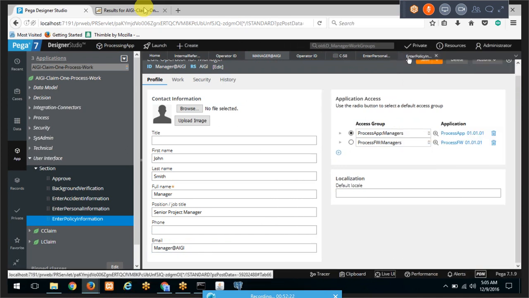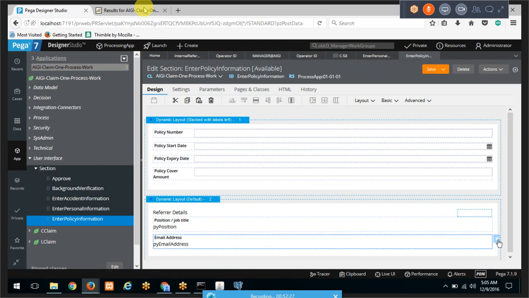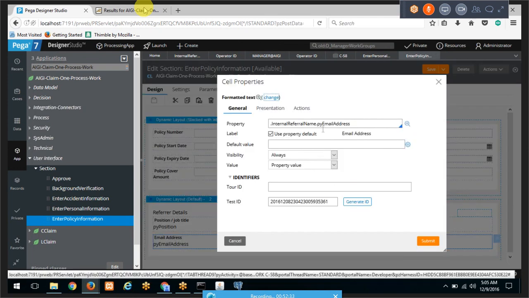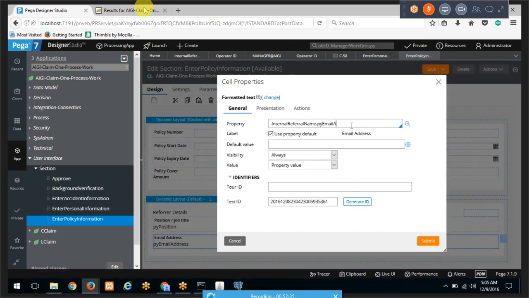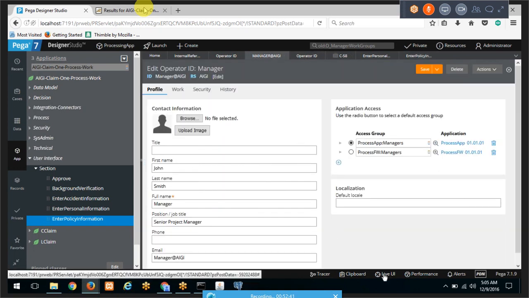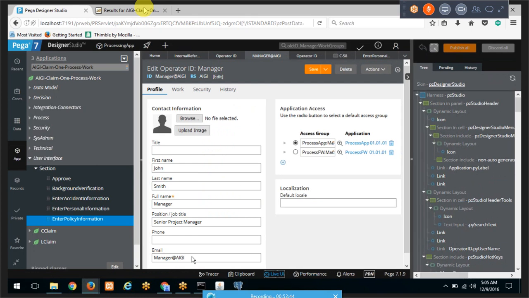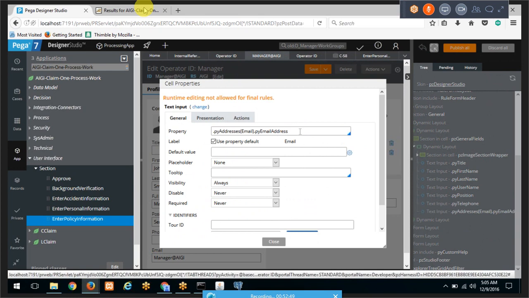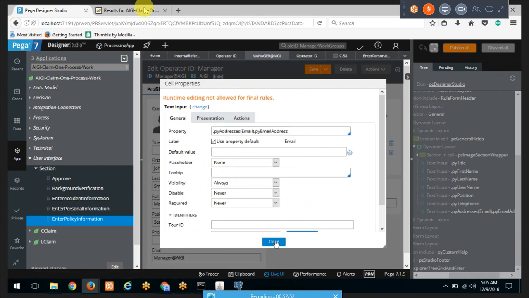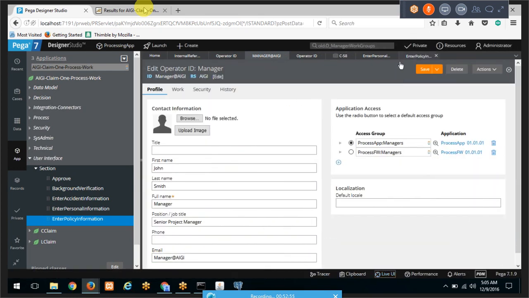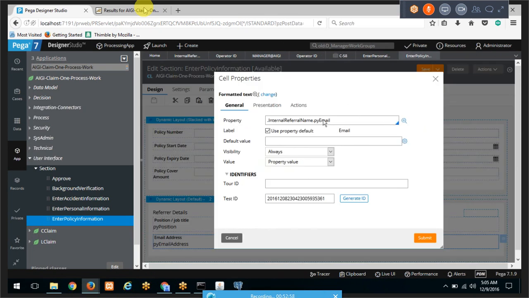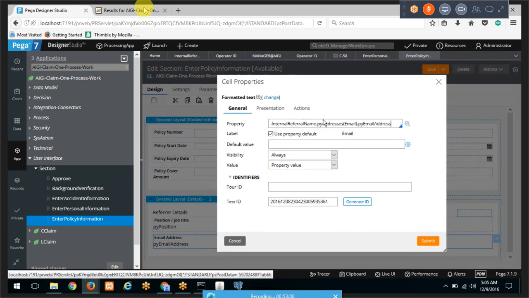So all that you need to do here is on the policy information, you say py email of, just copy this property, right? I click close, I disable live UI, come back to the screen here, and then